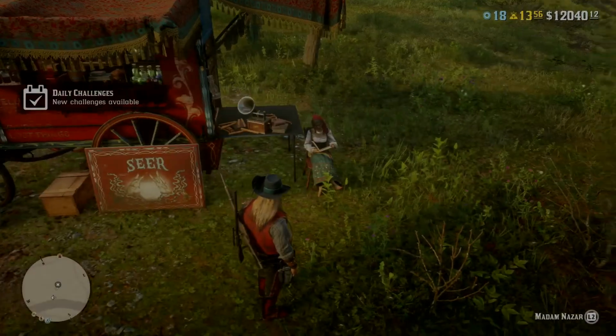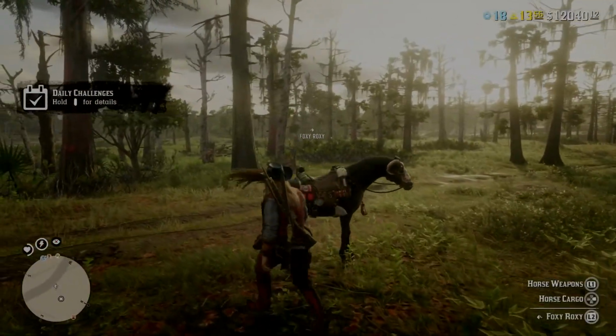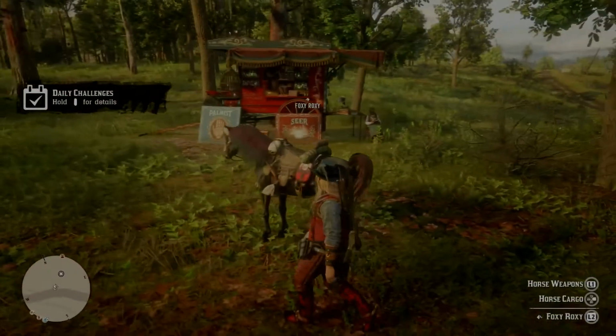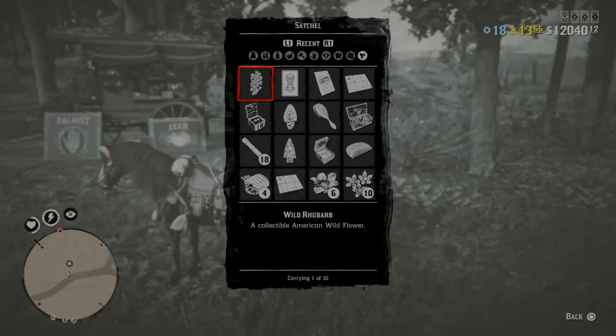Anyway, let's go ahead and get started here. Oh, got some new daily challenges. But anyway, since, as I said, I actually already have a few of those maps that you saw grayed out in her store, they're actually here on the horse. So we will go ahead and...